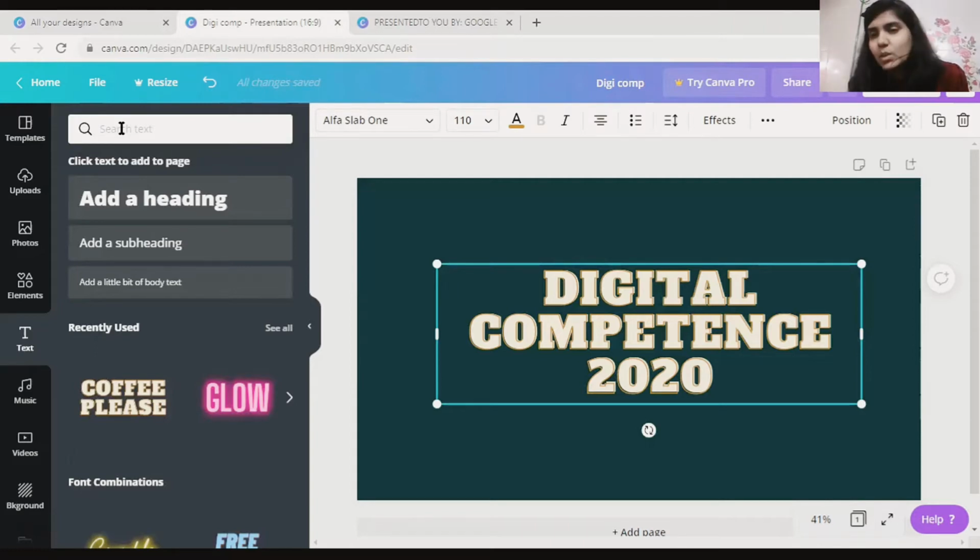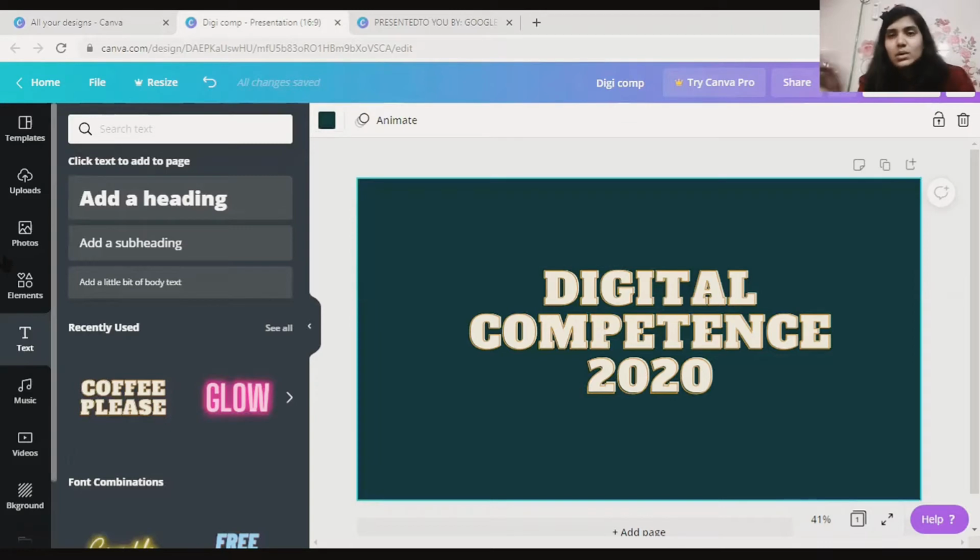Or depending upon what kind of video you're making, but you can always add voiceovers in it. So when you're creating educational videos, you can add only images if you want to, because you can cover the text part when you're recording and adding your own voiceover in it, right? So this is about it.